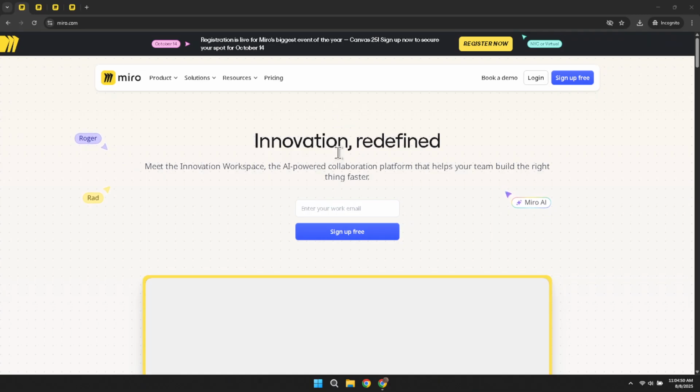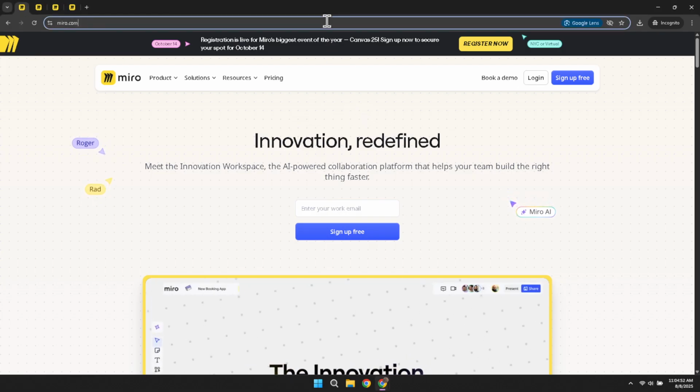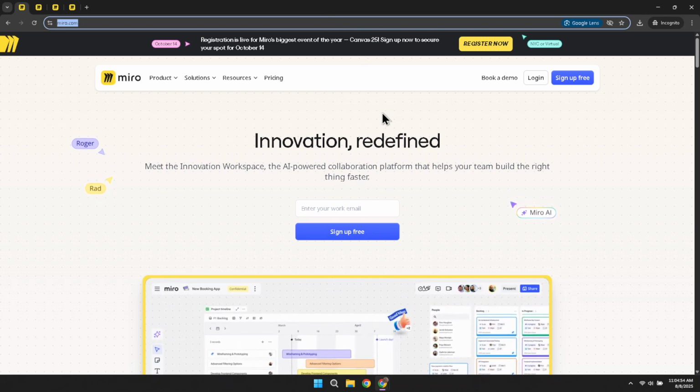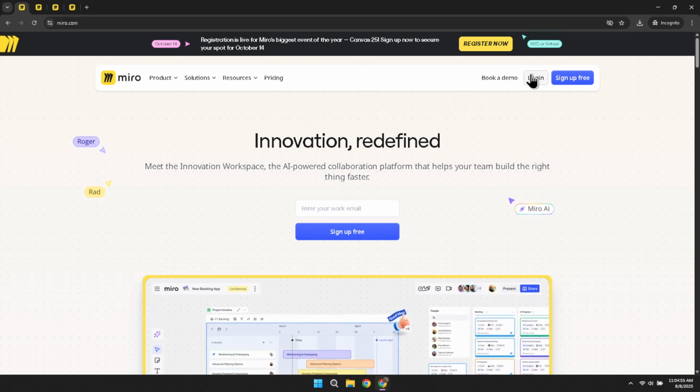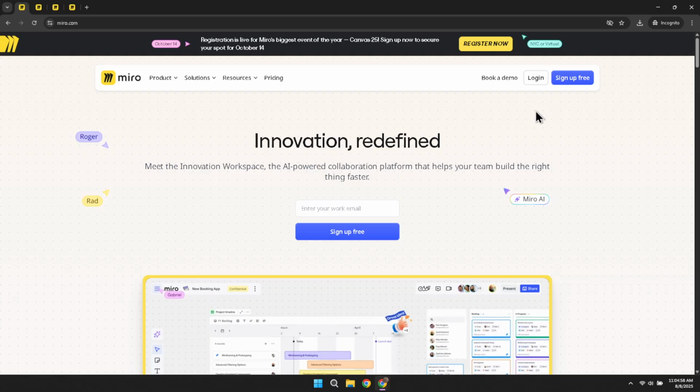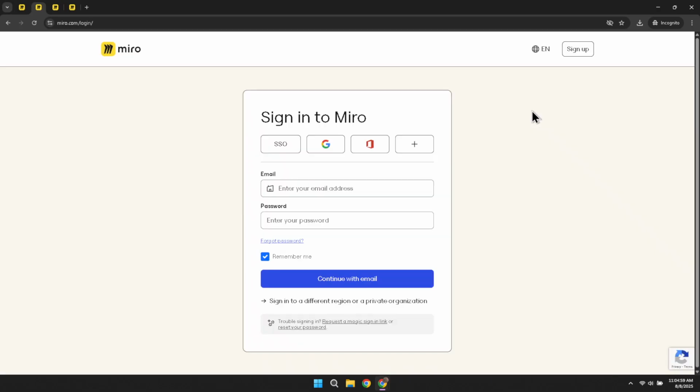Let's dive right in. First things first, open your web browser and go to the Miro website. Once you're there, you'll find the login button conveniently located at the top right corner of the home page. Go ahead and click on it. This will direct you to the login options where you can access your Miro account. If you're new to Miro, you might need to sign up, but for now, we'll assume you already have an